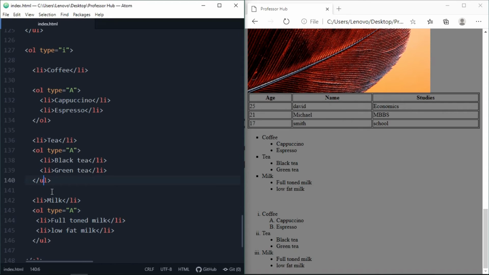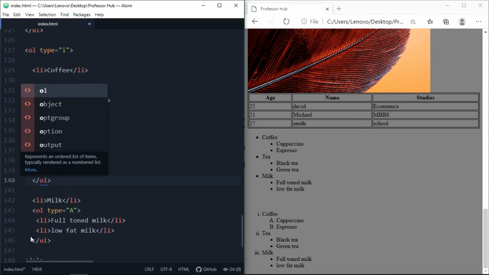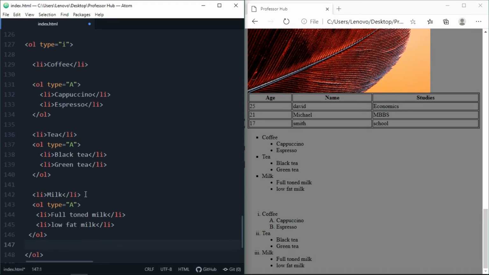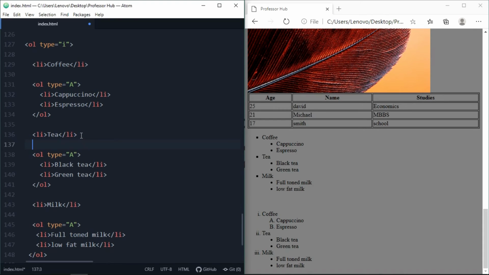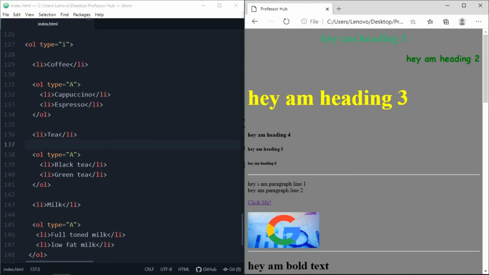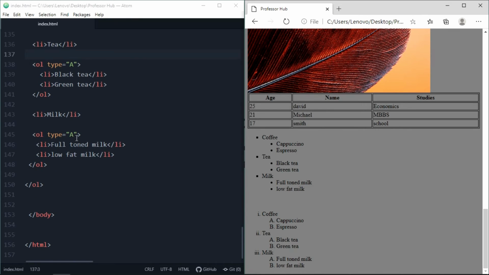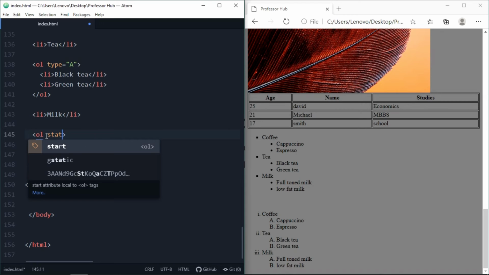Make it type A and just change the syntax to make it OL, and this one will also become OL here. Now I think it's fine. Hit enter here after each and every li. So now refresh it. You will get this completely sorted ordered list. We have just used type A. So let's use some numbers here.